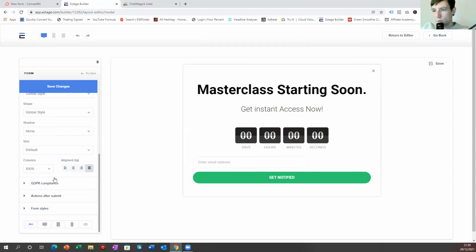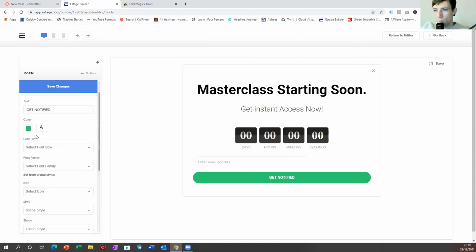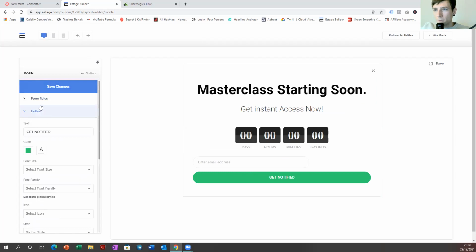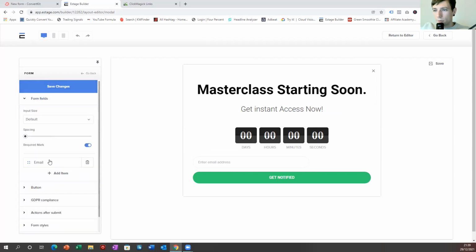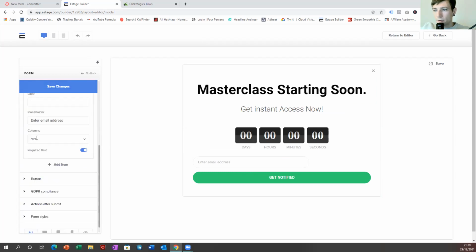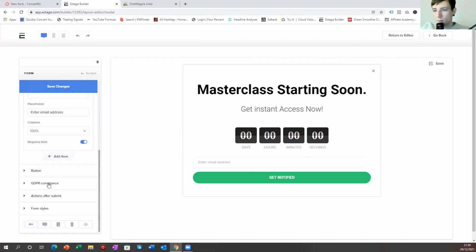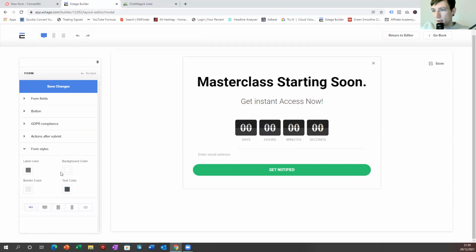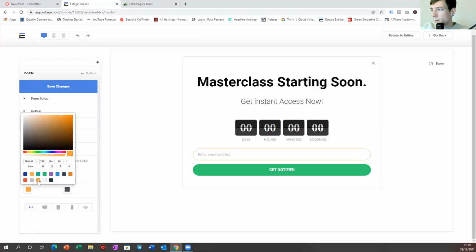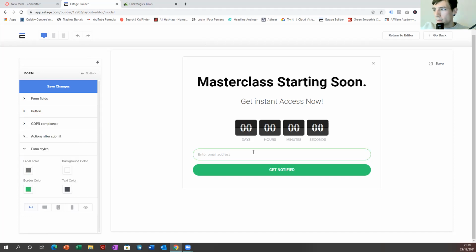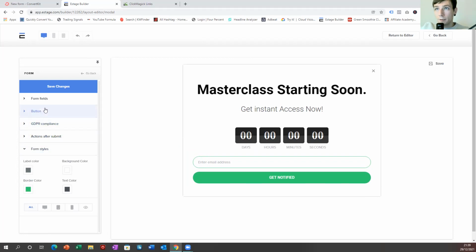Then we're going to go to that, which is great. We're going to go up to this email form field, and I'm going to select that to be 100% as well. And then I'm going to go to form styles, and then let's see, the border color, we'll make it yellow. Just for this example, just as a demonstration, maybe we can make it green. So that's great.